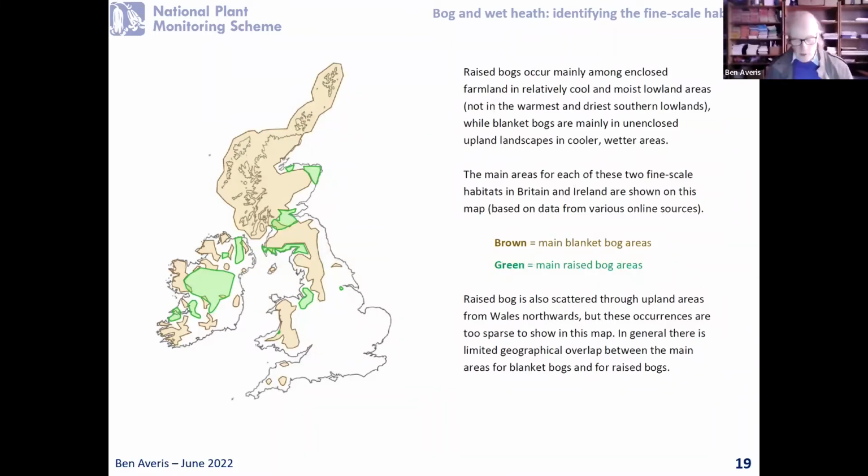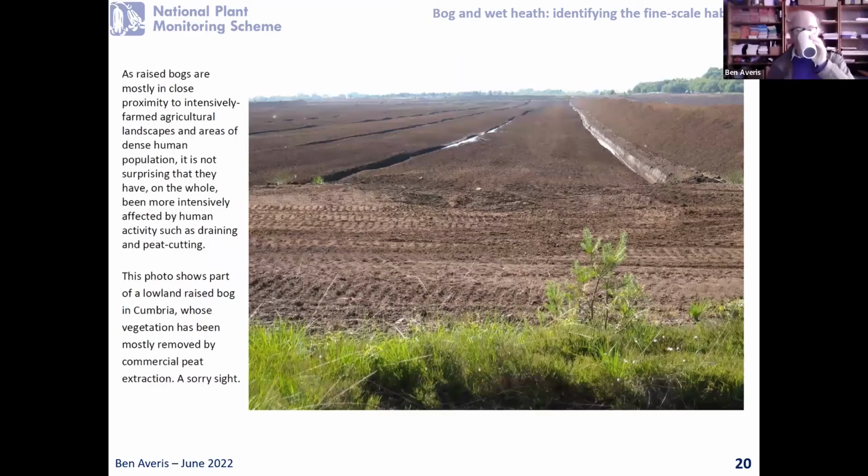The next slide has a picture. This is a very sorry sight, when you see a bog that's been stripped of its peat and its vegetation. And it's terrible that they're still allowed to do that. It's someone who's got some license from decades ago and they're saying it's still valid. I don't think it should be allowed. Anyway,